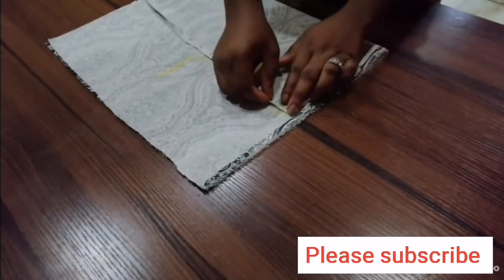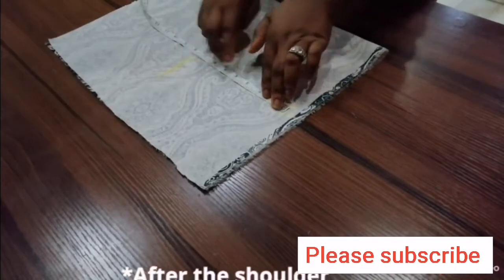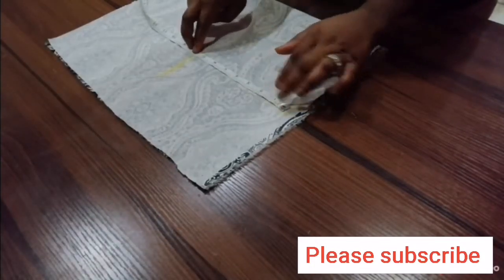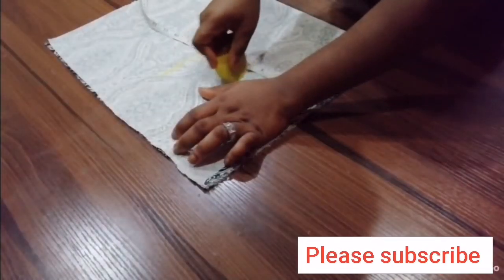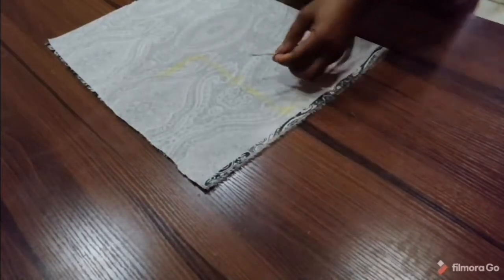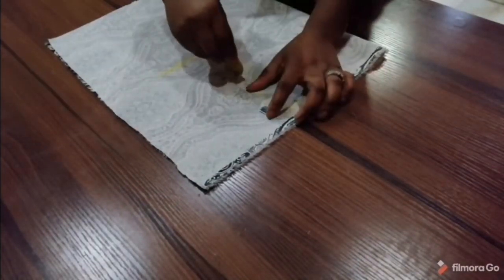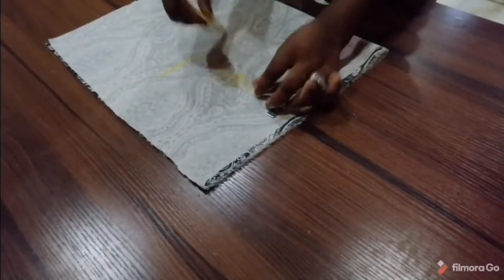So the center of my armhole, that's after the armhole depth. The center of my armhole depth is going to be 3/4. So you take half inch from there, come in by half inch, and then